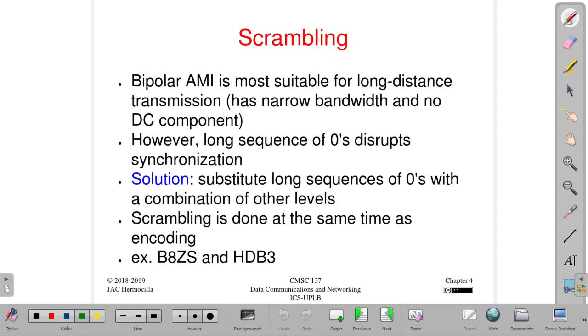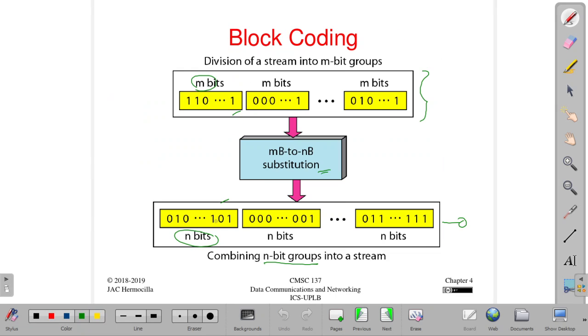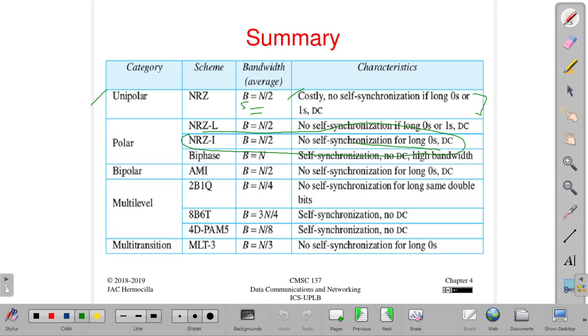So the last technique is called scrambling. Okay? So in the scrambling technique, the bipolar AMI, alternate mark inversion, is most suitable for long distance transmission. Why? It has narrow bandwidth and no DC component. So if you look back at the summary, bipolar AMI has a bandwidth which is less than the bandwidth of biphase, and the problem is